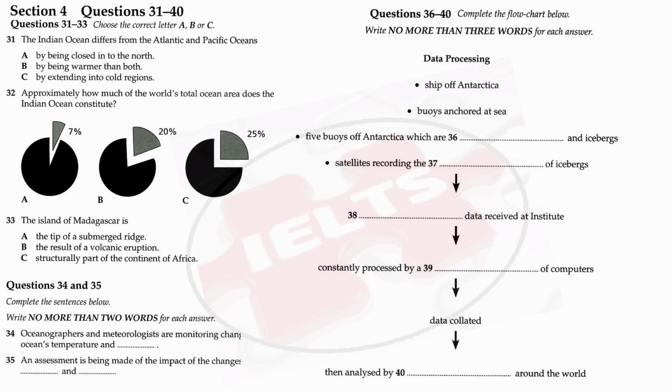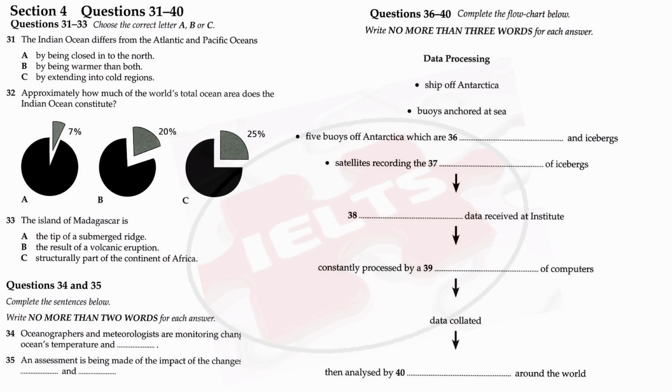In addition to the information sent from the ship that we have stationed off Antarctica in the south of the Indian Ocean, data are being transmitted round the clock from buoys anchored at various points around the ocean. 5 of these buoys are observing ice packs and icebergs coming into the Indian Ocean from Antarctica. Besides the buoys, data on cloud cover and wind and temperature change are received by satellite.